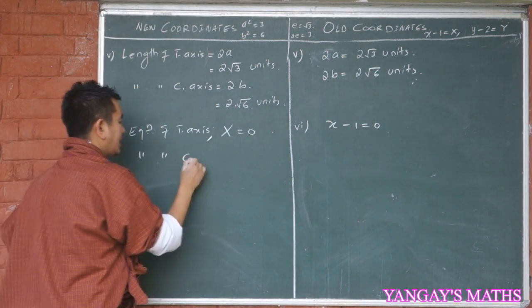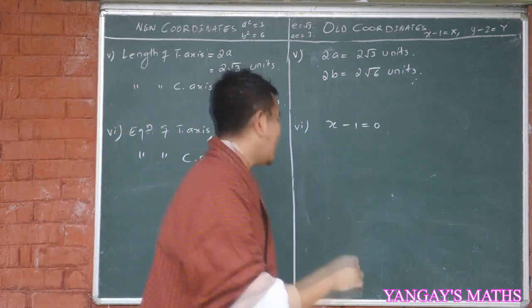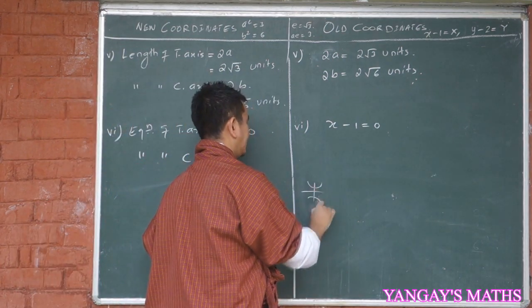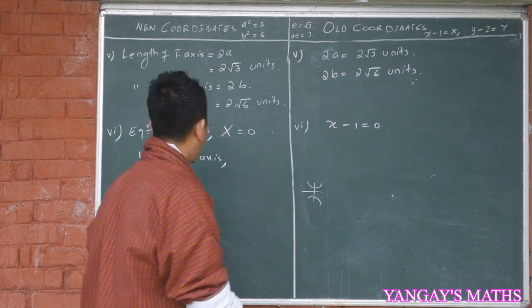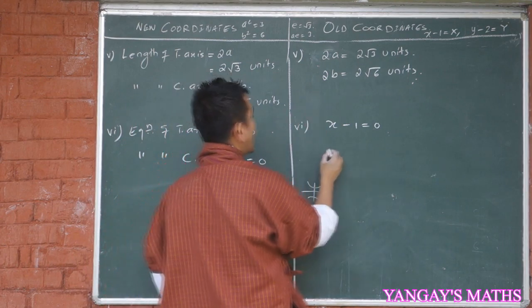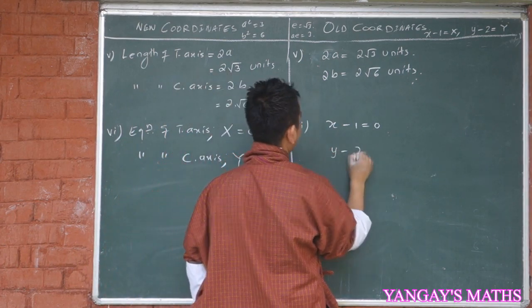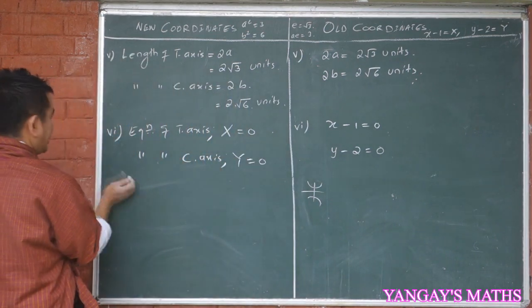Then the equation of the conjugate axis. This is a vertical hyperbola. So the conjugate axis is along the x-axis. It does not lie on the y-axis. So capital Y is equal to 0. Substitute there. Then y minus 2 is equal to 0. Okay? Now next one, equation